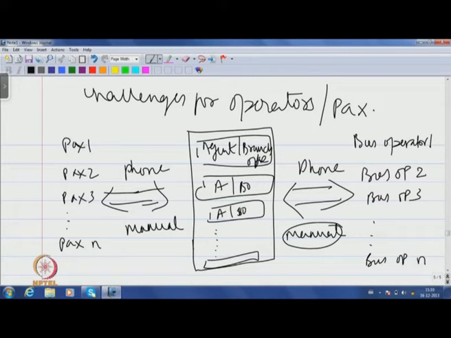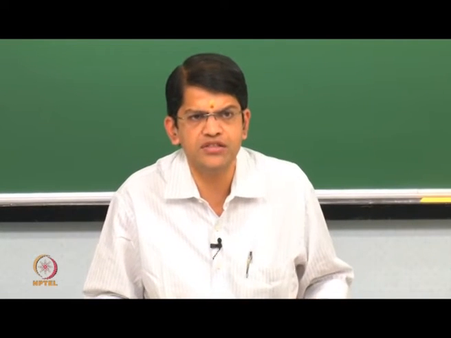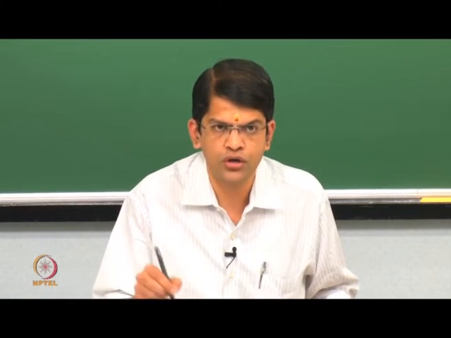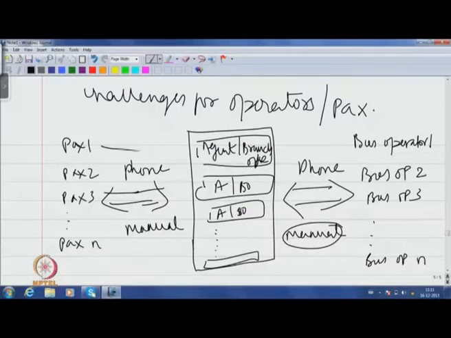So, what happened is, now suppose a particular passenger had to purchase a ticket to reach a particular destination. So, he had to depend on the branch office or an agent, and let us assume that there was no branch office in the place in which the passenger wanted to book his ticket, and it was through an agent. So, he had to contact a particular agent, and he checks with the bus operators the routes and the availability